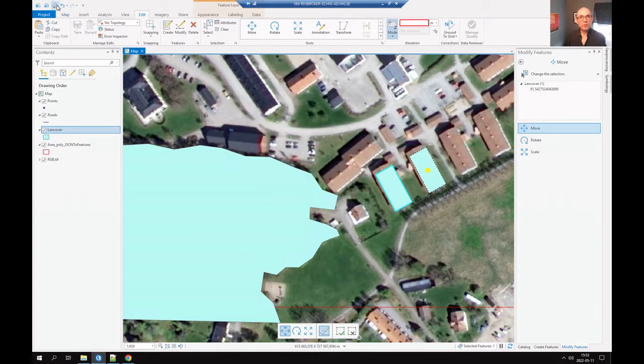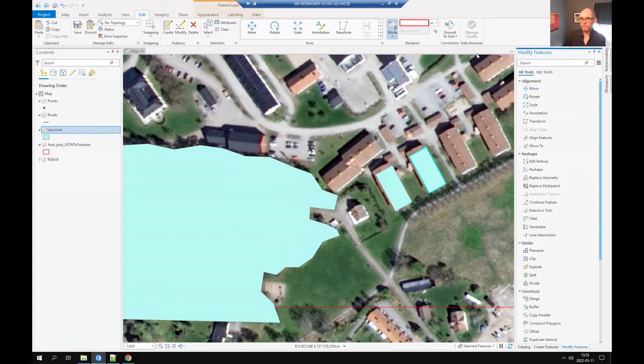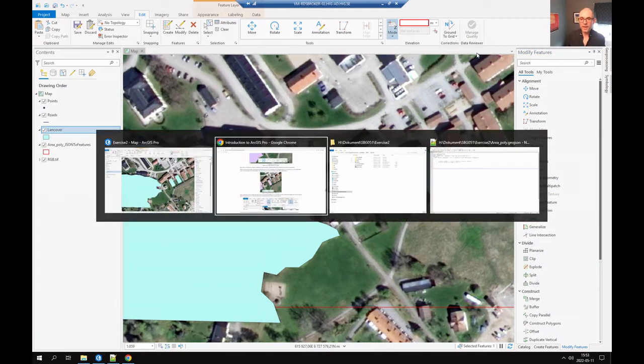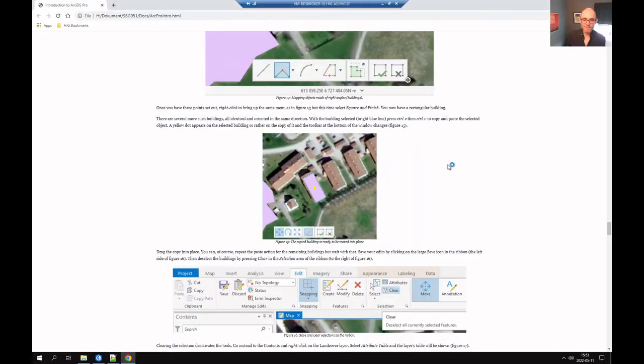We can even save our project if we want. So that was actually saving the data. So let's just save the project as well. It's not hugely important at the moment to save the project. We've got our data saved at least. So the project file would have read in the data file, and this data would have been in it. Regardless. But what we have now is a slight mess